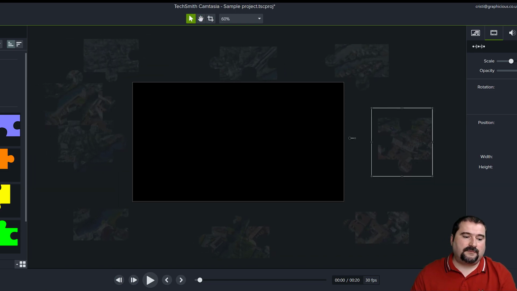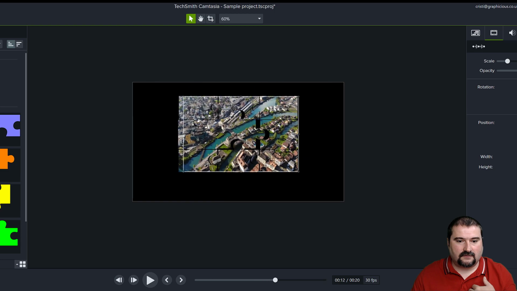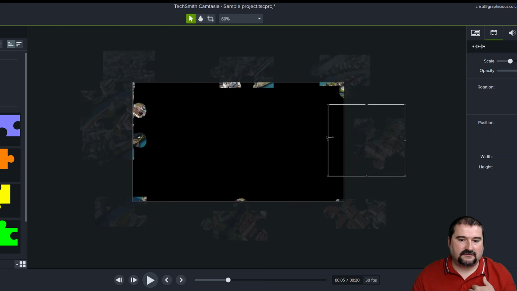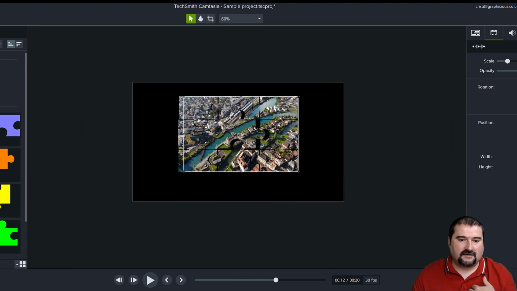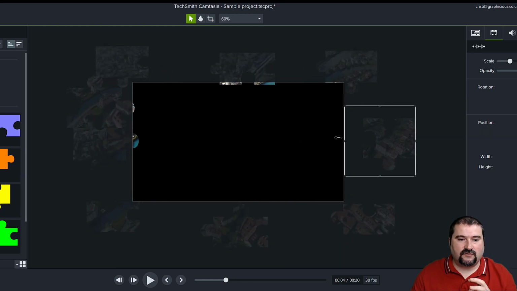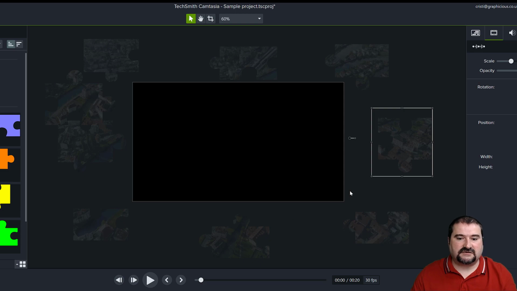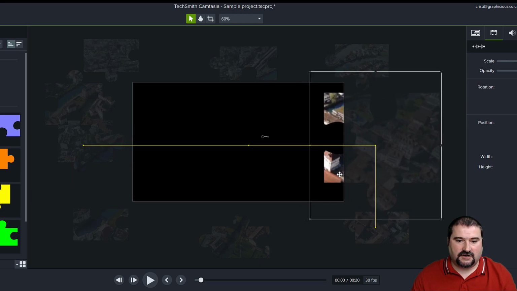So now my playhead is at the beginning of the animation and everything is outside. So watch my animation now. All the pieces are coming in. Nice. That's nice. All right. Now, another thing you want to do, if you want to give this a little bit of a 3D look, instead of just moving them outside, you can also scale them up, make them large.